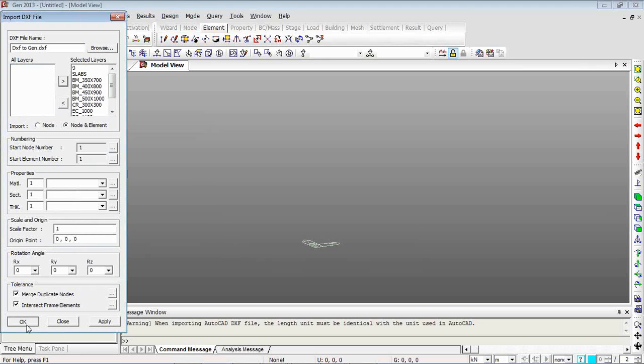And you can define the material in this section later on as well. So when I click on OK, you will see shortly on your screens